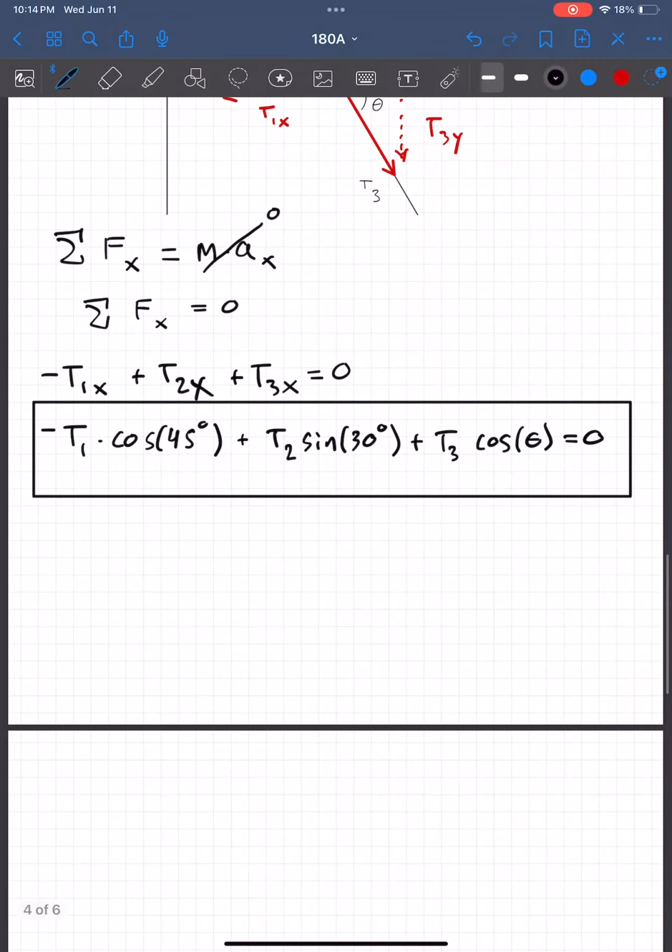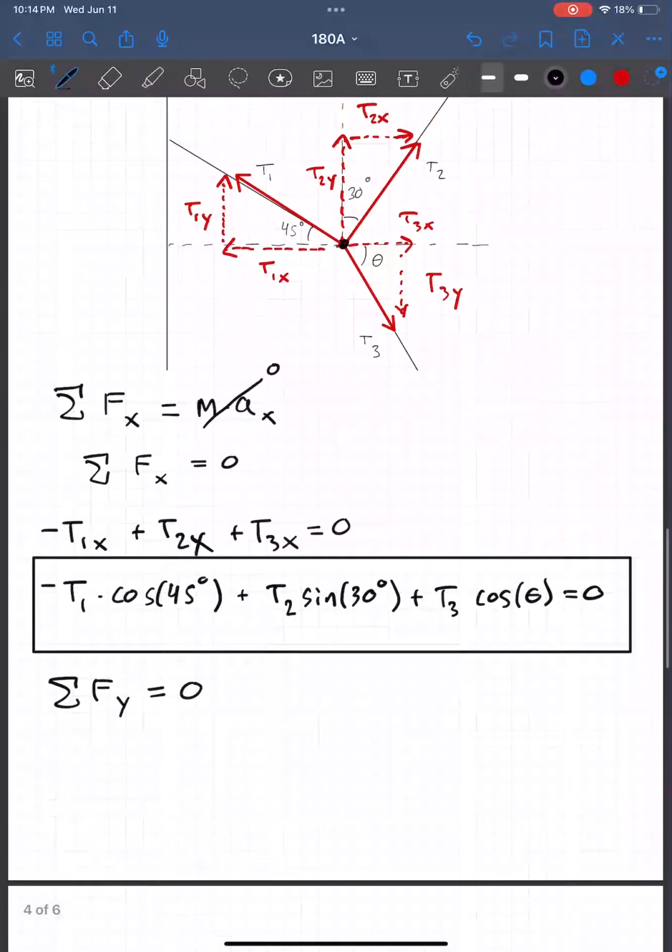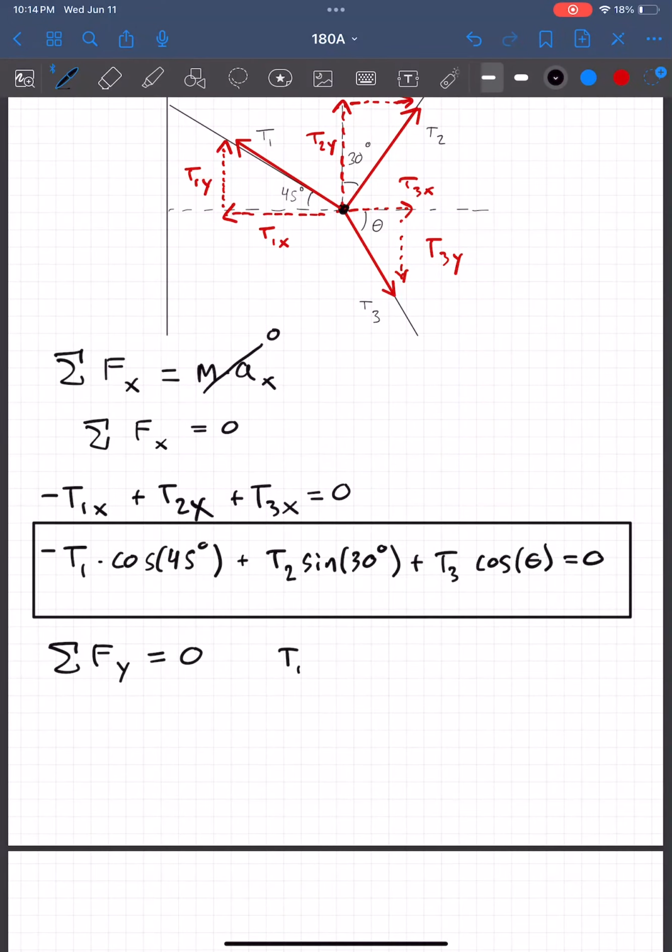And then we start off with the same procedure, now doing the sum of all the forces in the y direction being equal to 0. I'll try to speed this up. We have T1y. It's positive because it points up. T2y is also positive, and then T3y is negative. So plus T2y minus T3y is equal to 0. And then we expand these terms into trigonometric functions and magnitudes. T1y would have to be magnitude T1 times the sine of 45 degrees